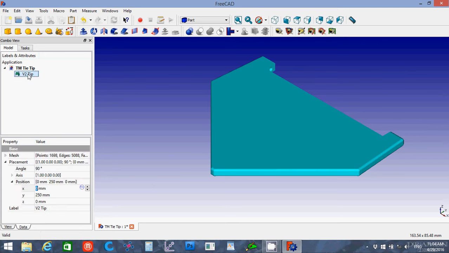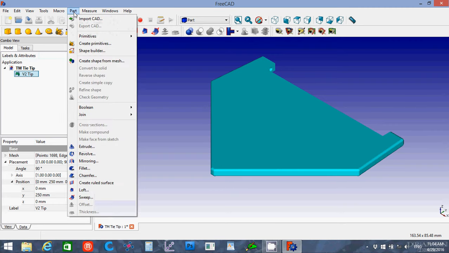It's a shell. So you have to click on the mesh, be in the Part workbench, you go to Part, and you want to say create shape from mesh,